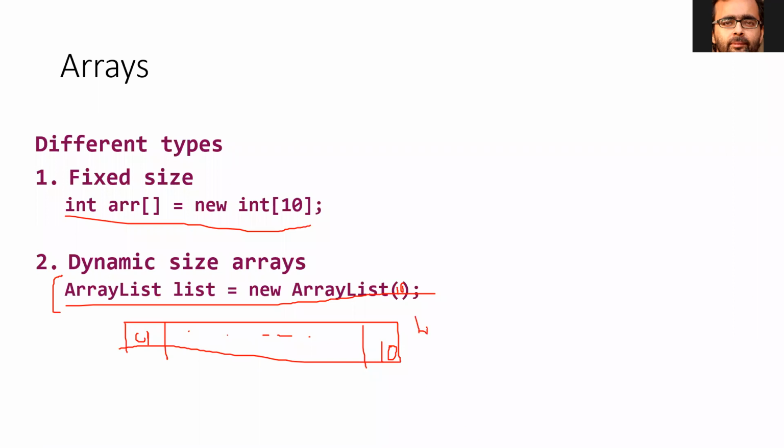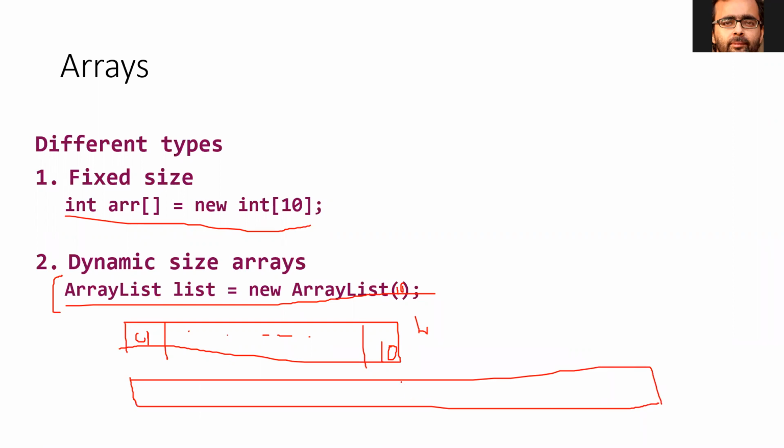What exactly does Java do in the ArrayList? It just doubles the size. Instead of 10, it takes 20 elements, and the first 10 elements will be copied till here, and the new 11th element will be inserted here, and whatever comes next will occupy this space. So this is handled automatically by the Java runtime, so you don't need to bother, but this is how exactly it is done.